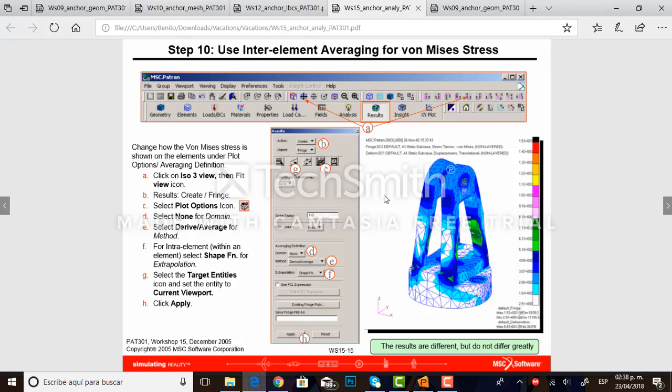And now we have to use the inter-element averaging for von Mises stress. We go back to our standard view, the isometric view. On results, we go to create, fringe, select the plot options icon right there, select none on domain here, then we select derive average and shape function. Finally, we click on target entities on current viewport, click apply,